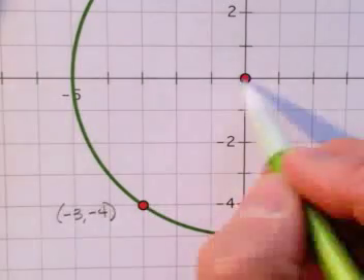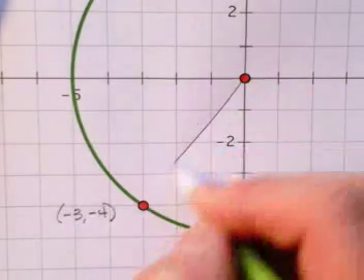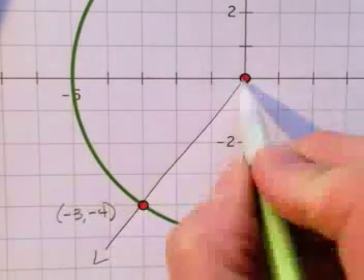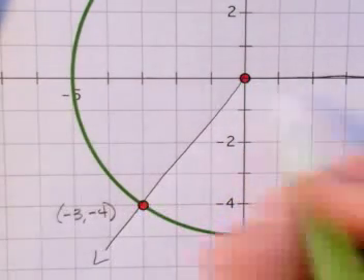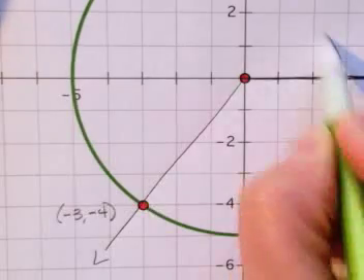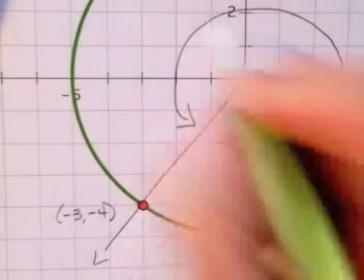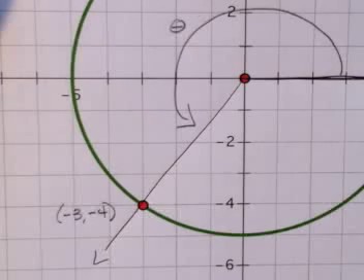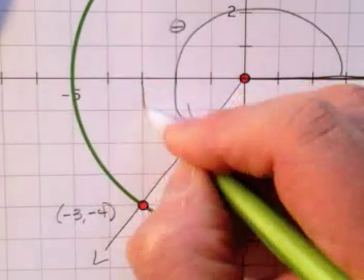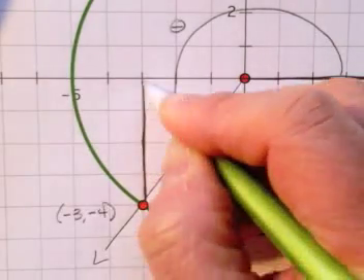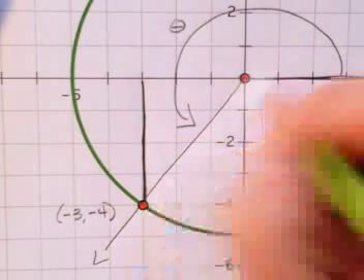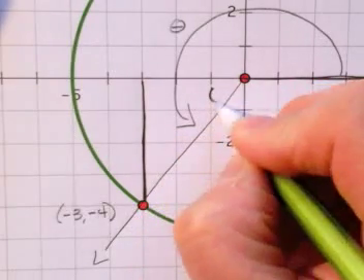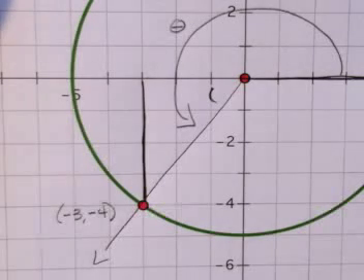So, in other words, I have a ray right here that goes through this point, and here is my initial side, and this would be the angle that I'm trying to find the sine, cosine, and tangent of. So again, I want to use my reference angle, and again, I'm going to observe that my reference angle is the shortest distance to my x-axis from this point. So this angle right here is my reference angle, and I'm going to use it to find my three trig